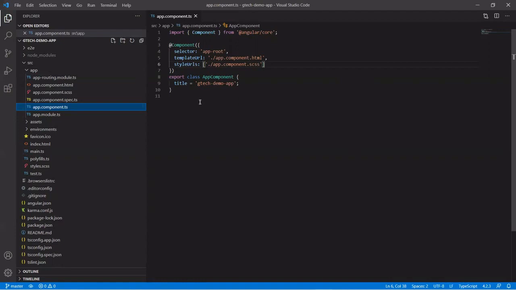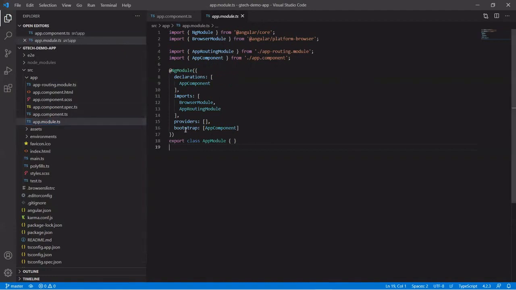And as we discussed, this is the root component for our Angular application. If you go to the app module, it is the bootstrap component which we discussed in our previous video on bootstrapping of the Angular application.